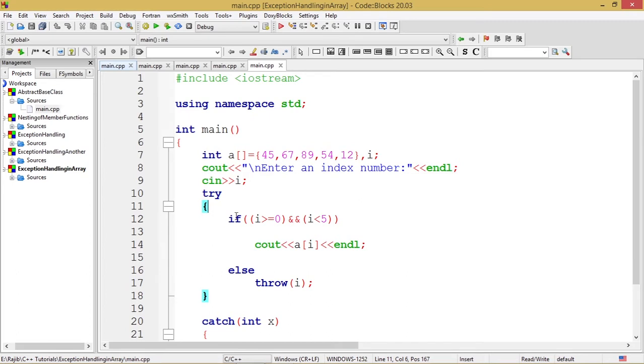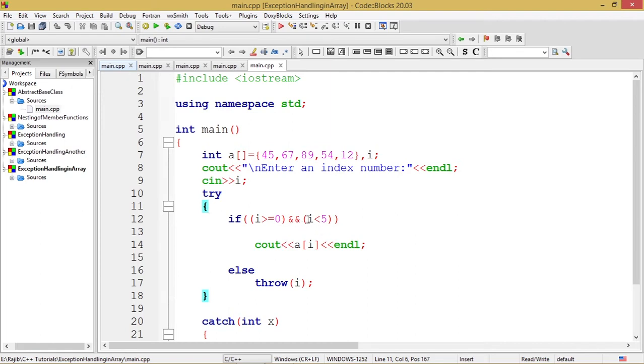So in the try block, I have written an if with two conditions to be met in order to see that a valid access is being done in this program: if i is greater than or equal to 0, and i is less than 5.